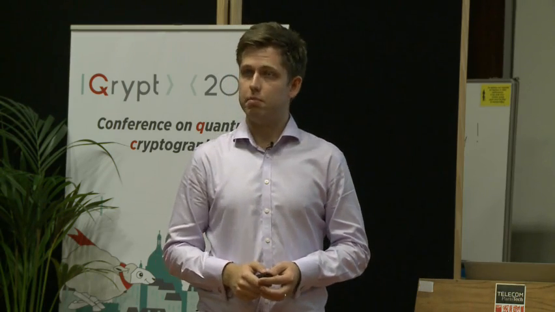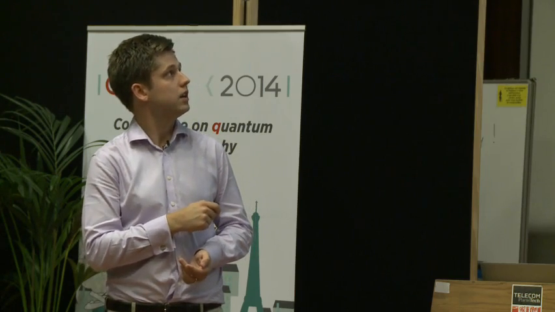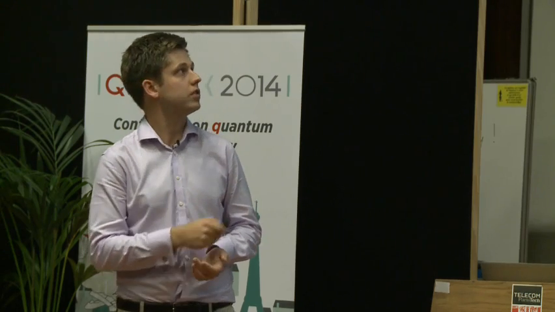And we have made an experimental implementation of this attack. I will go through this briefly. I hope you can see it all the way to the back. So basically, Eve replaces the normal source with her faked state generator. And Alice and Bob are none the wiser. The source consists of first a continuous wave laser and a pulsed laser. The continuous wave laser is to achieve the blinding attack by Makarov, and the pulsed laser sends single pulses out into this coupler. These beams are combined and split into independent arms for Alice and Bob. And this one is the same as this one, so I'll just show you here.